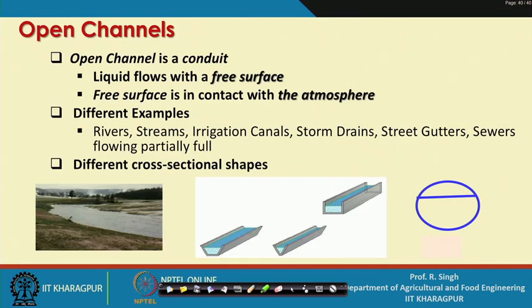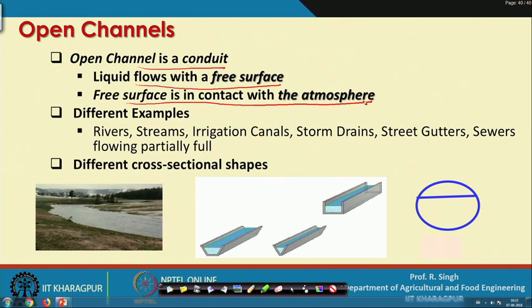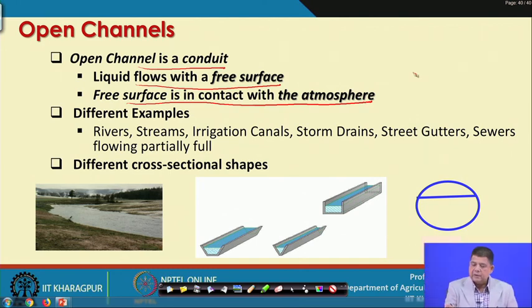Now, coming to open channels, an open channel is a conduit where liquid flows with a free surface, and the free surface is in contact with the atmosphere. So, we know that every time we draw a trapezoidal channel, and then we make a water surface, and then we put the dimensions. So, that simply means the liquid flows with a free surface and the pressure on the liquid surface